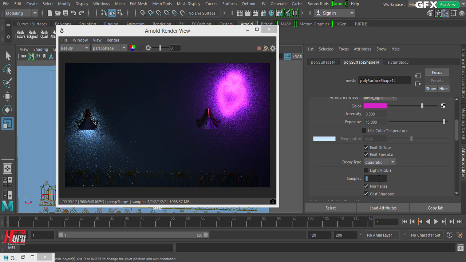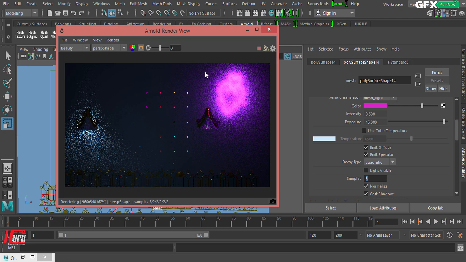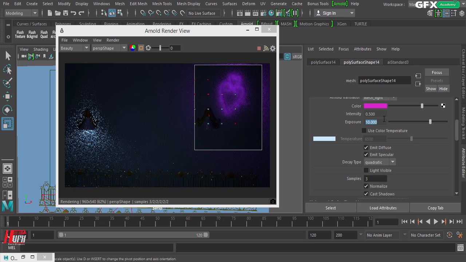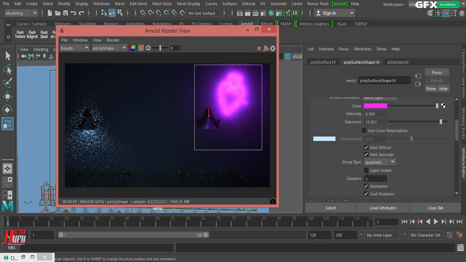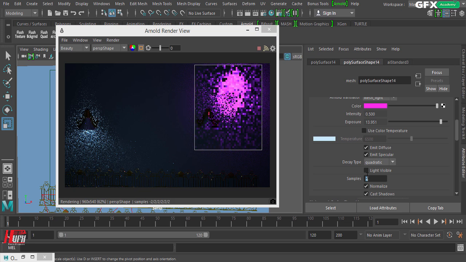Yes, and just increase your samples in order to make it look better. Maybe just choose this one here. As you see, it begins to look nicer. And I can change the color if I want. I begin to like it. So you can use this kind of light to give you a neon effect or any other effects, maybe 2 samples,